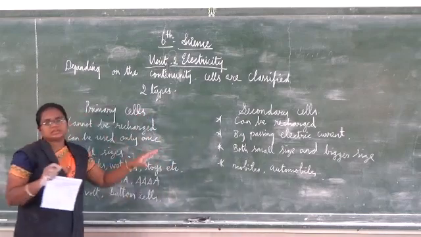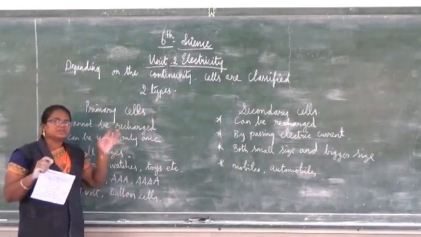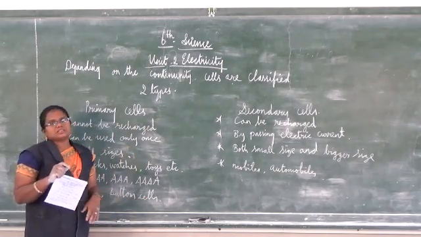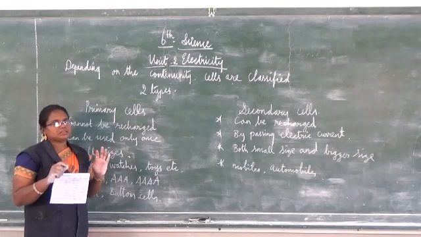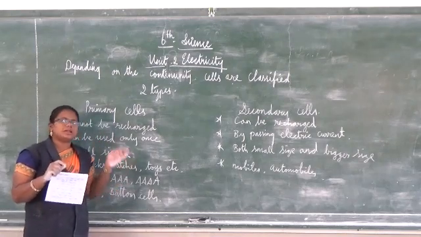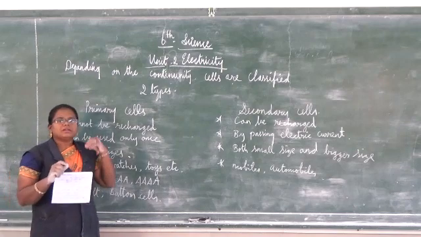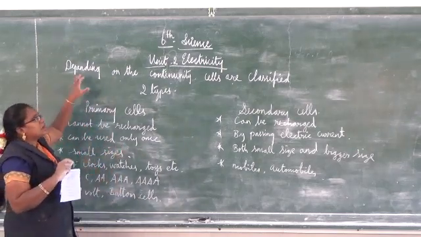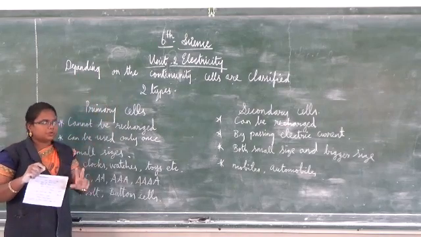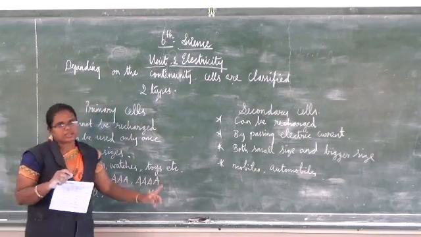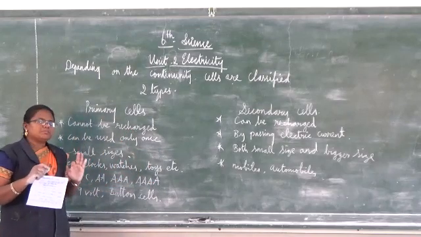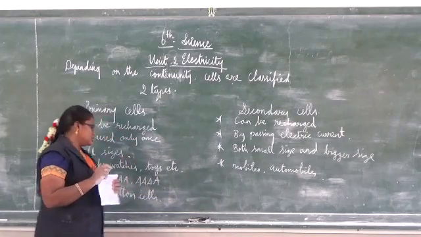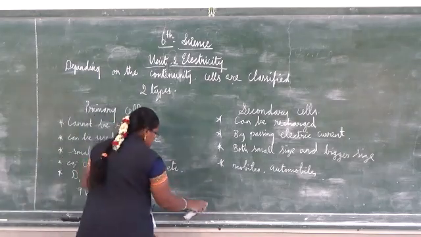So, primary cells and secondary cells. First you want to know, a device which is converting chemical energy to electrical energy, we are calling it a cell. Understand? There is a continuous flow of current. There is a solution, that is the electrolyte. Electrodes are there, a plate inserted. When there is a continuous flow, we are calling it a cell. Then depending on the continuity, it is divided into two types, primary and secondary. Primary means it cannot be recharged. Secondary means it can be recharged. That's all. Remaining things you go through it.